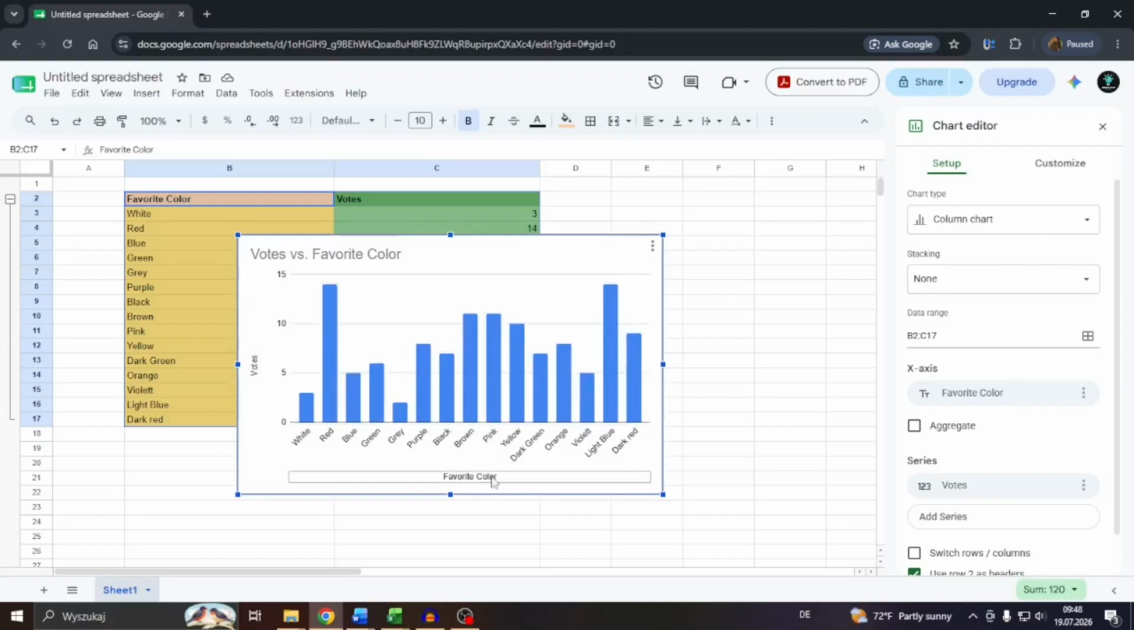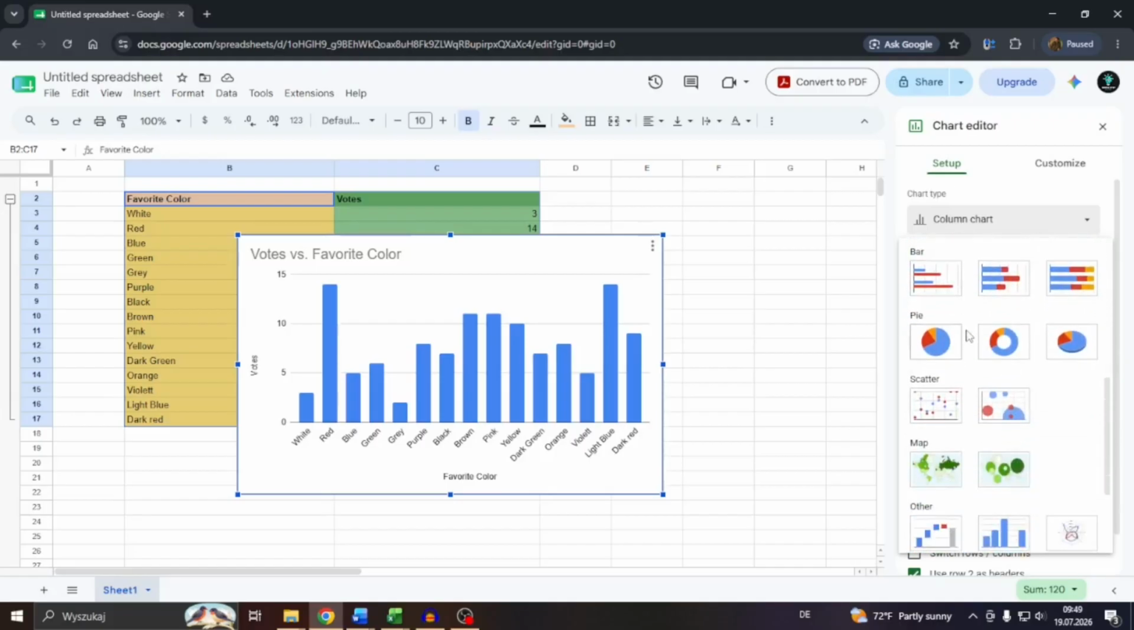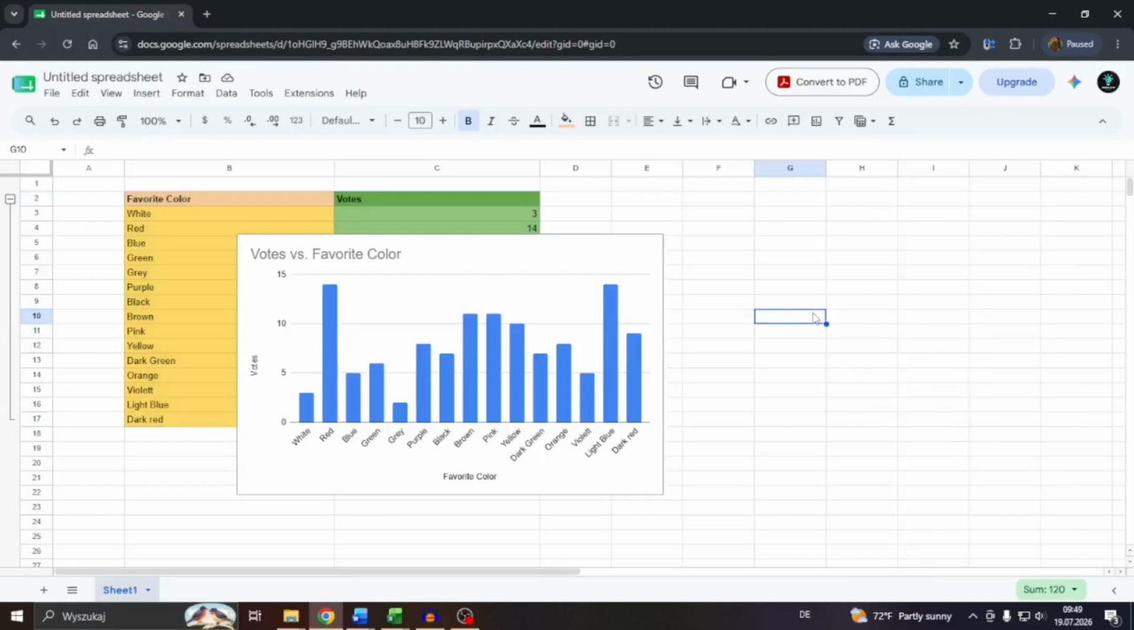So you can customize the graph. Of course, you can change the title here. You can change these entries. And then here to the right, guys, you may change the chart type as well from the aforementioned column or bar chart to, let's say, for example, line graph or pie chart and so on and so forth to have your data displayed in the given